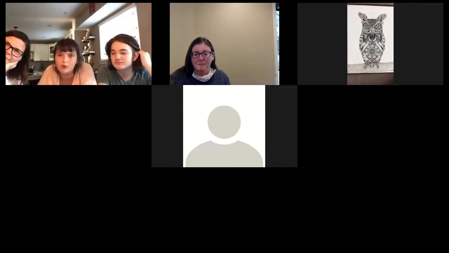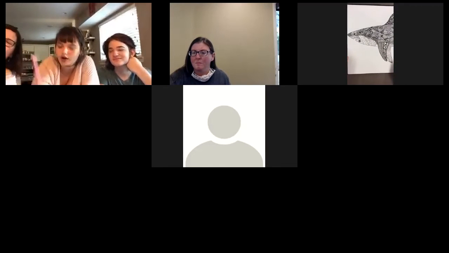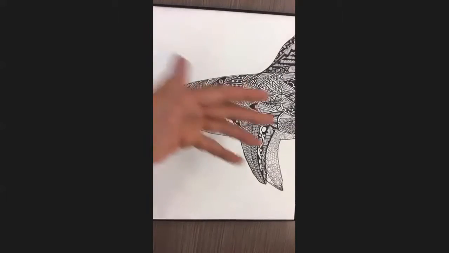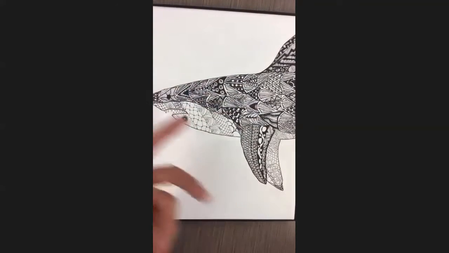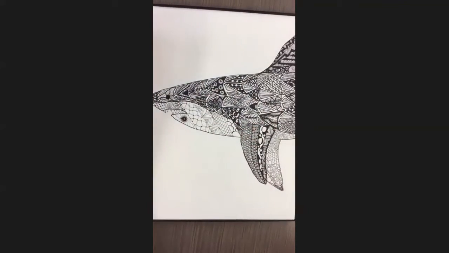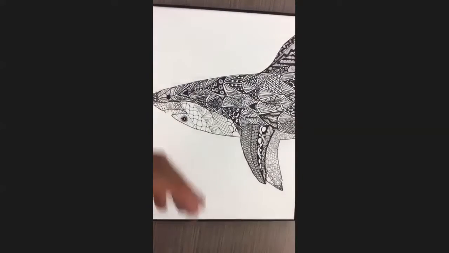For example, this is a shark I drew. This is definitely easier, and something a lot easier to start out with. You can draw an outline of something, and then make these little triangles, and in each one you draw a different pattern. It can be really relaxing, because when I try to draw normally, sometimes your line gets messed up or doesn't look realistic, and that can be kind of stressful. For this, the goal isn't photorealism. It's just to have fun,